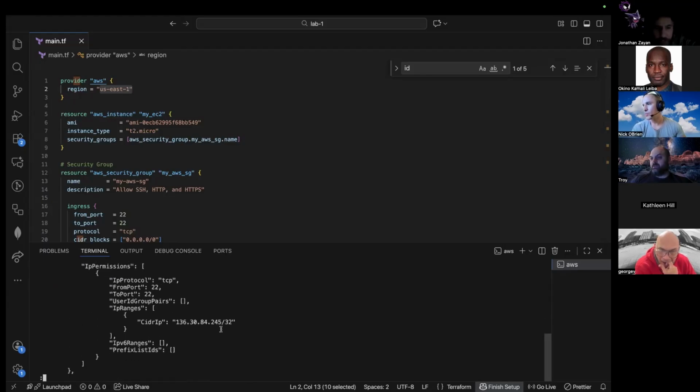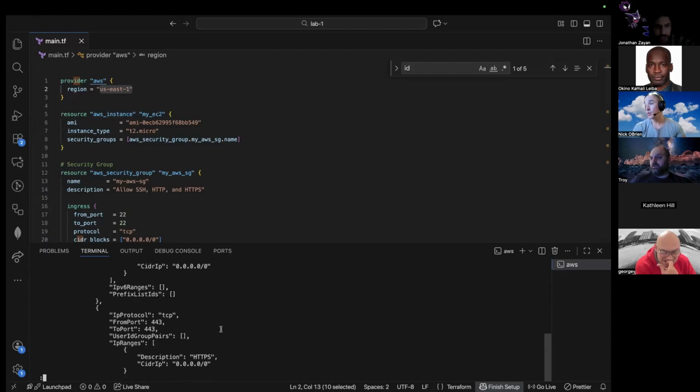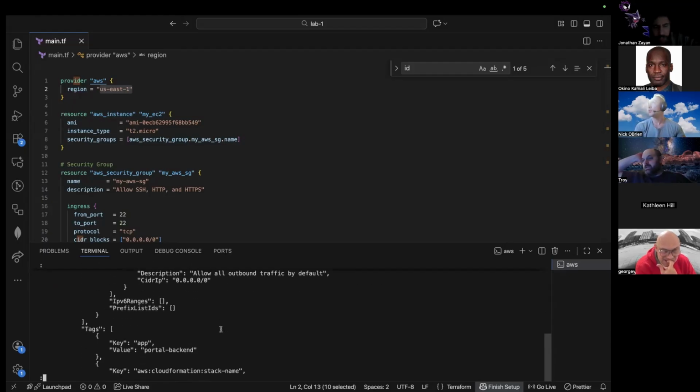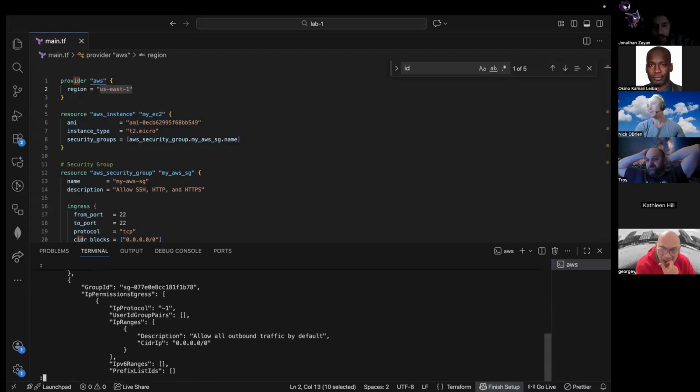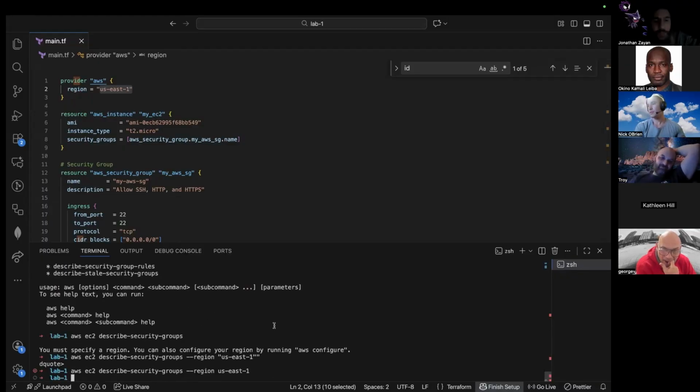Hold on, let me scroll down, because usually the good stuff's at the bottom. Is this infinite? You just listed all the security groups for EC2s, right? We should have table formatted it. My bad. No, but it's good. You can also use filter depending on what specific things you could use for. And the format for filter is, I think, name and then value.